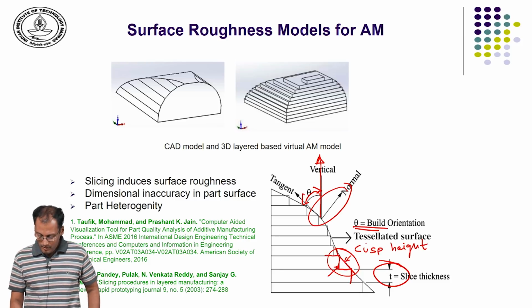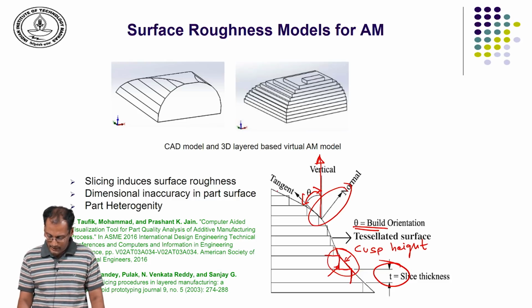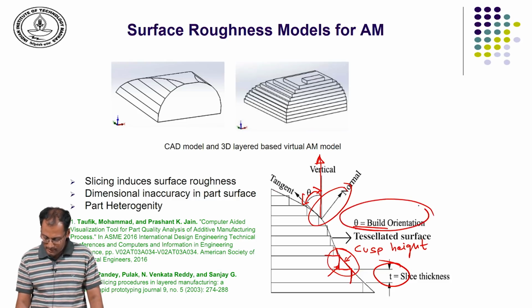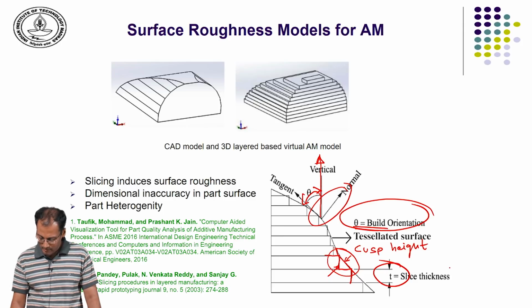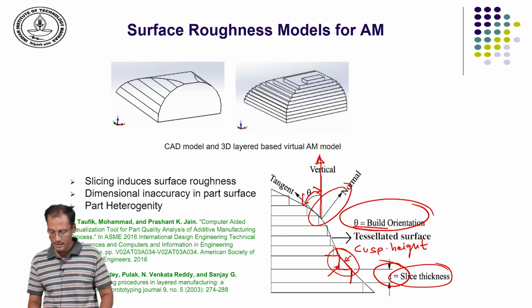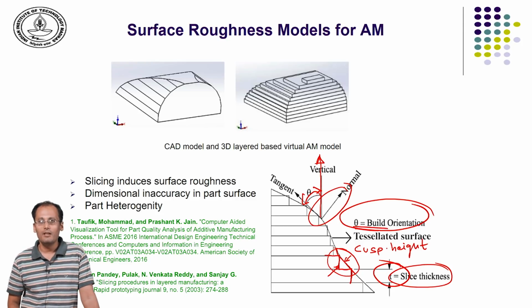So, we could try to reduce this deviation by either manipulating the build orientation or the slice thickness. If we reduce the slice thickness, obviously the deviation is going to reduce, but the pitfall is that we